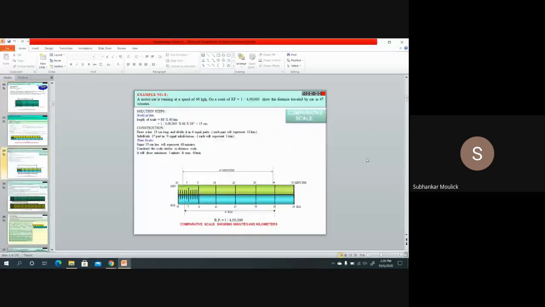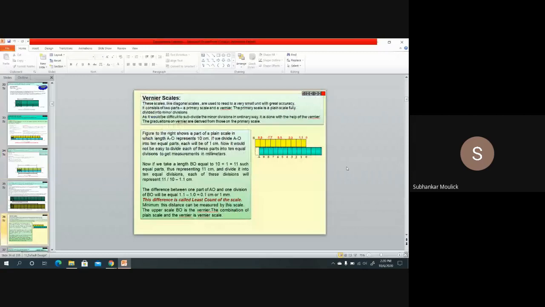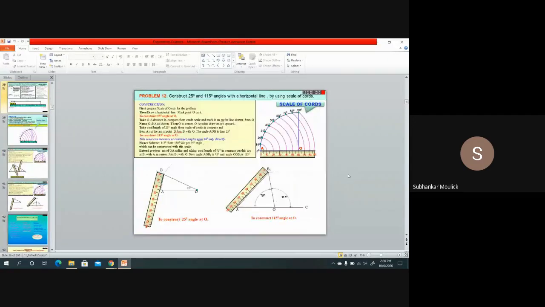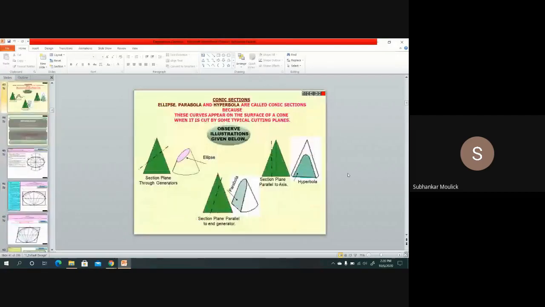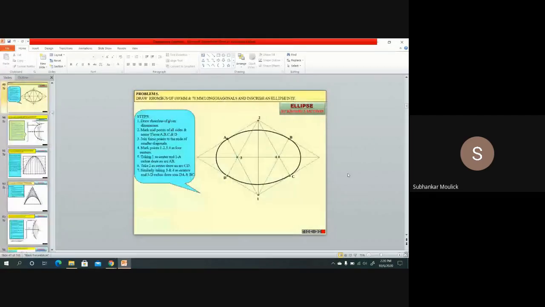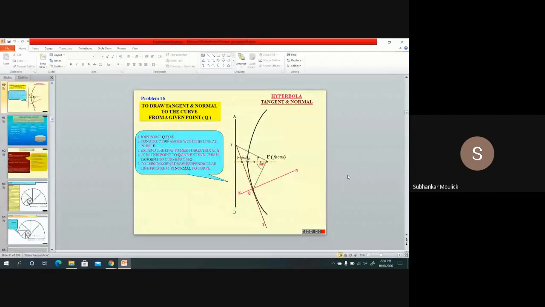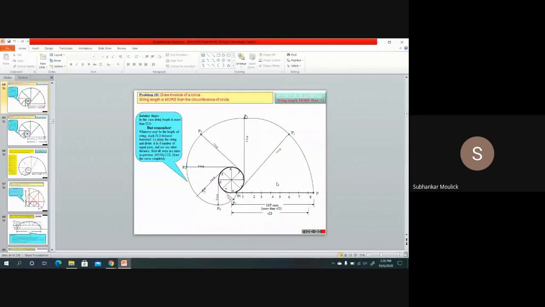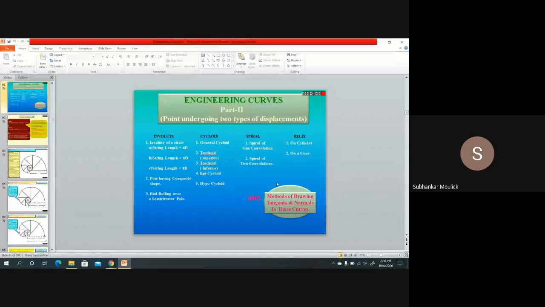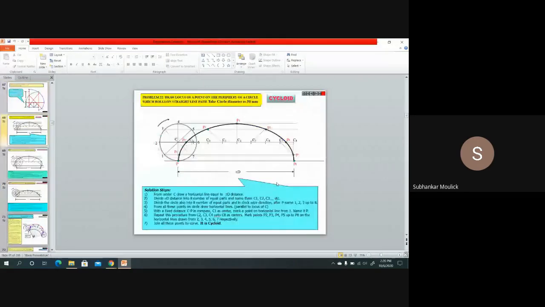So if you remember, in the last class we discussed the involute curve. There are a total of 3 cases in involute, and in all 3 cases we discussed how the curve is changing. One small topic was left, that is how to draw the tangent and normal to the given involute. With that topic we will complete the first lab assignment. It will hardly take 5 minutes, so let me discuss the tangent and normal to the involute curve.